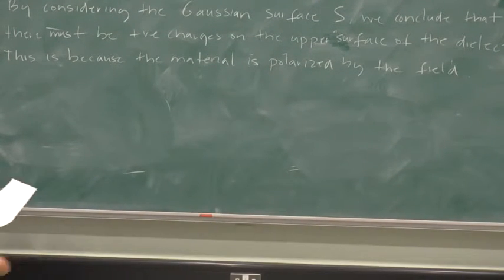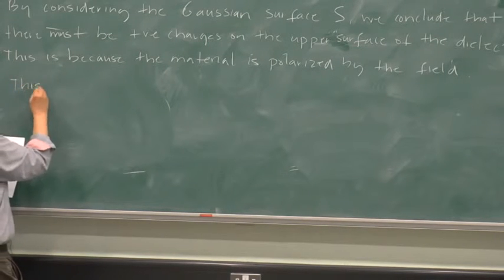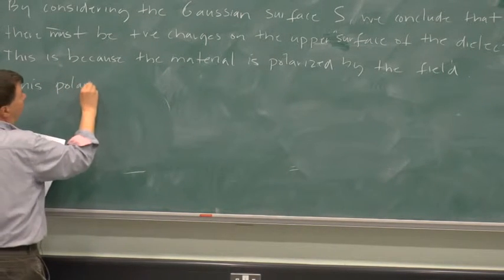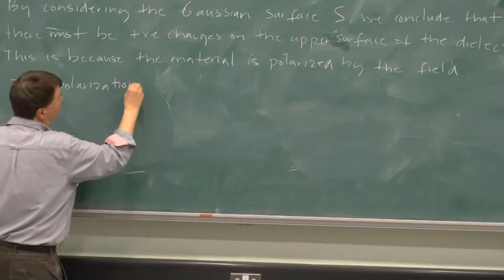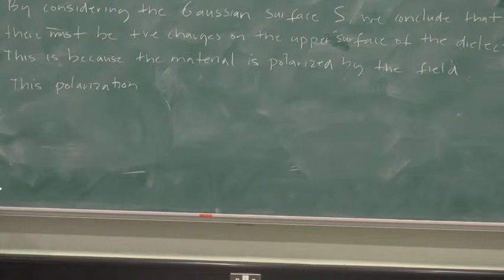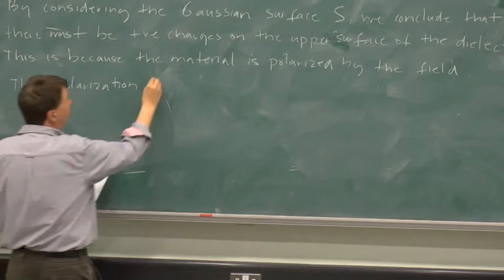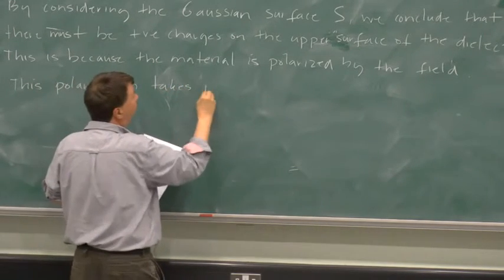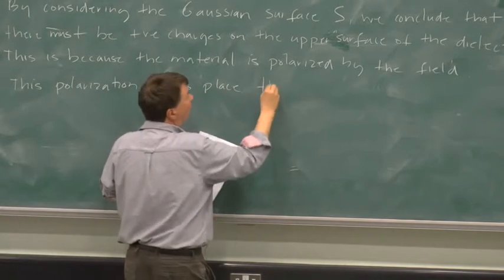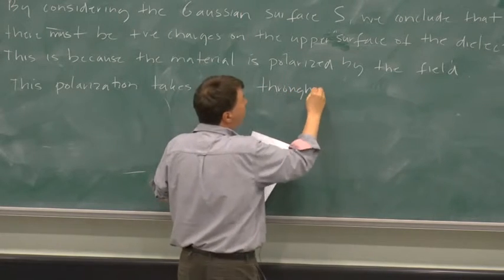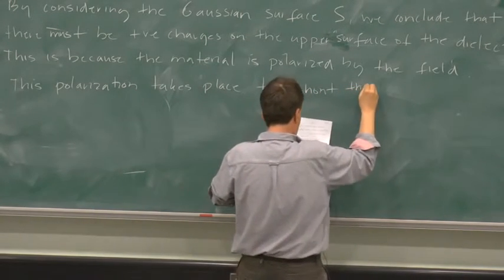So this polarization, again, sometimes people think that it only happens at the surface because it only has a net effect at the surface. So I'd like to emphasize this polarization takes place throughout the bulk